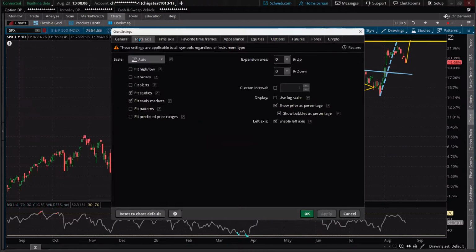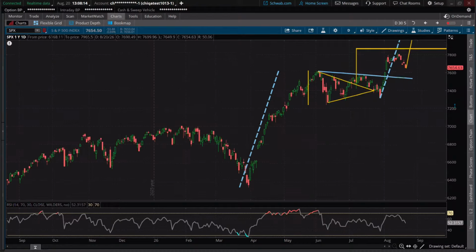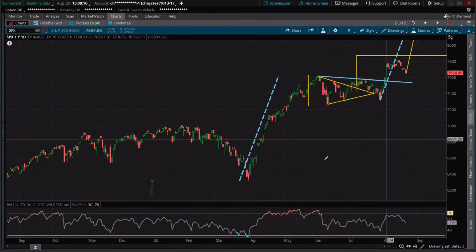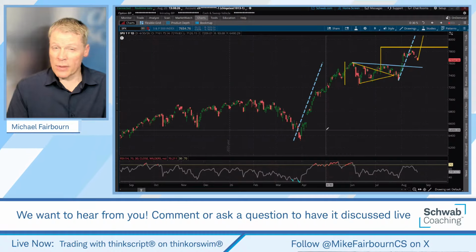Now I've got to flip these back, otherwise we'll be stuck at percentages the whole time. All right, there we go. Now, you guys, a quick note too on this. I just want to highlight this point because I like to hit some areas too that I think can help us get a sense of what could help to be sort of a tailwind for the market here and things to be looking at.